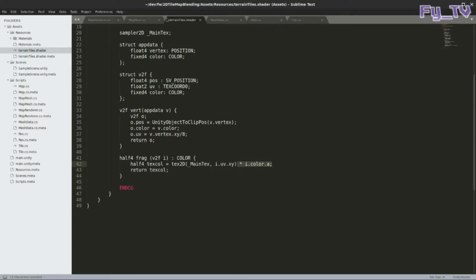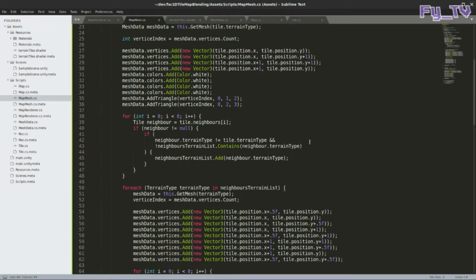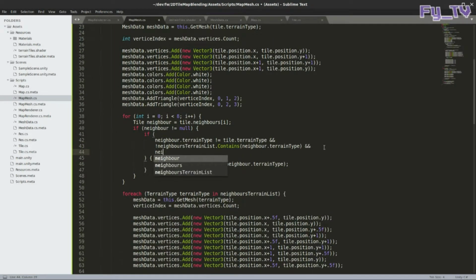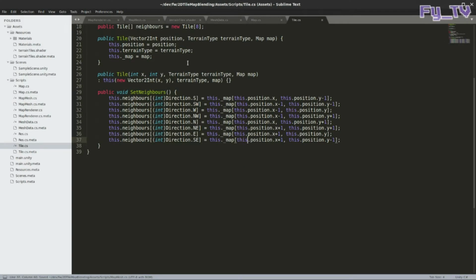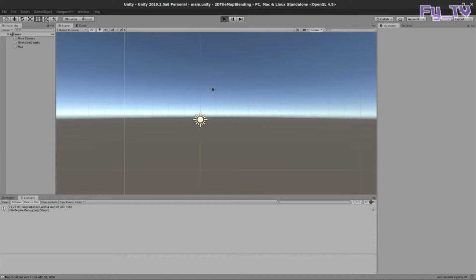So actually, what we can do here is check at the condition: int neighbor.terrain type is superior or equal to int tile.terrain type. Because in tile, terrain type is an enum, so this is 0, 1, 2, 3, right? So we know rock sits on top of grass, grass sits on top of dirt, dirt sits on top of water. So if we add this condition and hit play again,